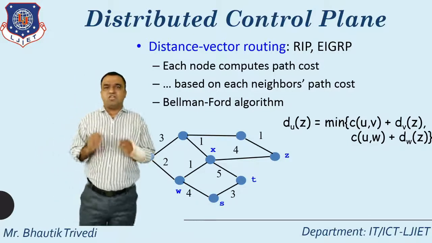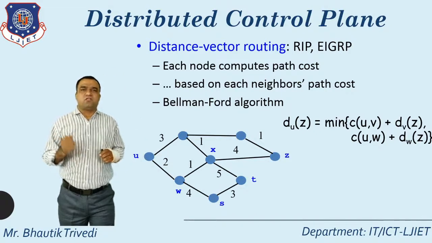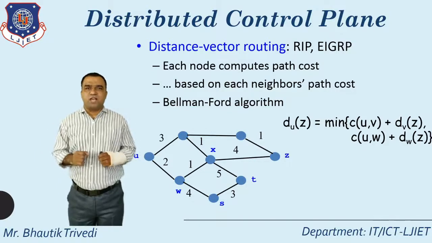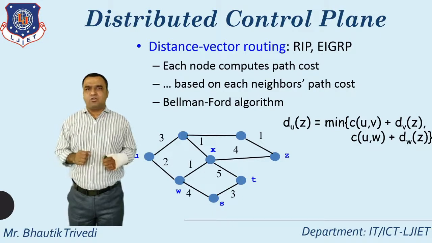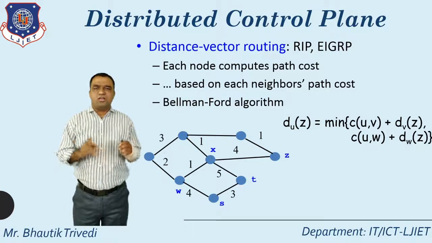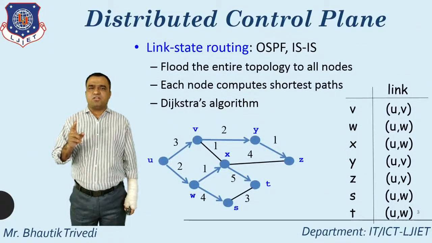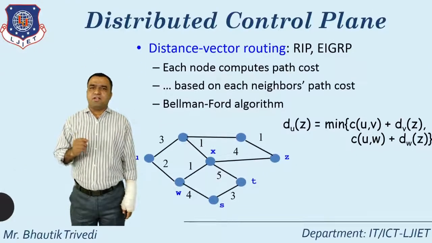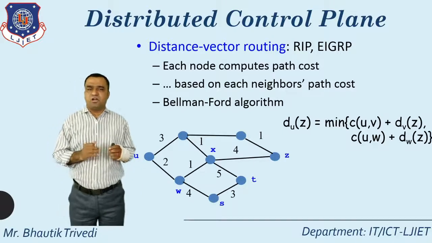So this is the way, using this particular formula, you can directly calculate the costing from one node to another node. The name of the algorithm that is part of that is known as the Bellman-Ford algorithm. With this, you can directly calculate the distance vector routing. Must remember one thing, at least you know these 2 points. The first one is link state routing. Link state routing supports Dijkstra's algorithm, and distance vector routing supports the Bellman-Ford algorithm.